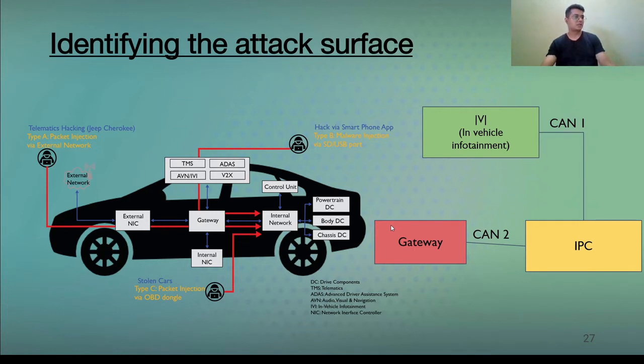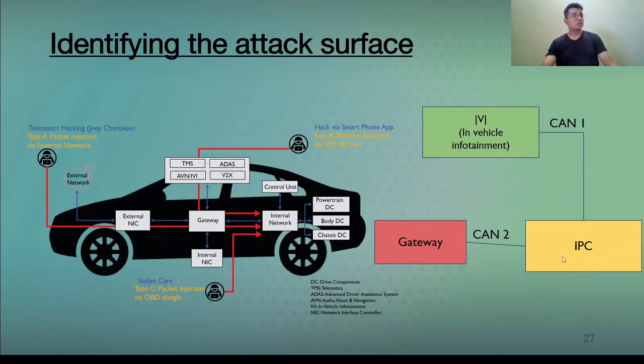Let's just directly jump to this discussion. I'm defining the attack surface. Let's say you have this vehicle, and within this vehicle you have this network infrastructure, where you have the central gateway, and then you have the in-vehicle infotainment system and ADAS in one module. Then you have the other modules, and like this, the central gateway is dividing the complete network into different modules. Let's take this particular network into our consideration.